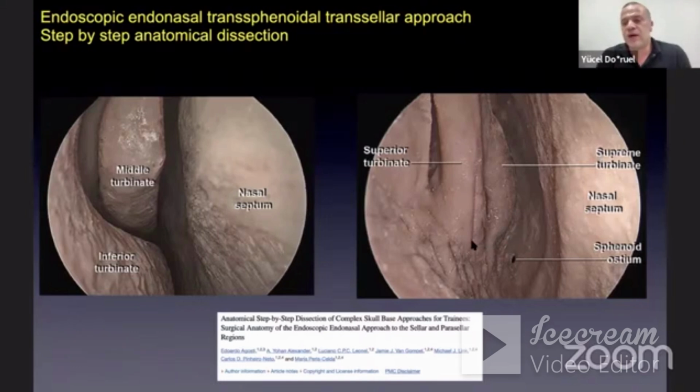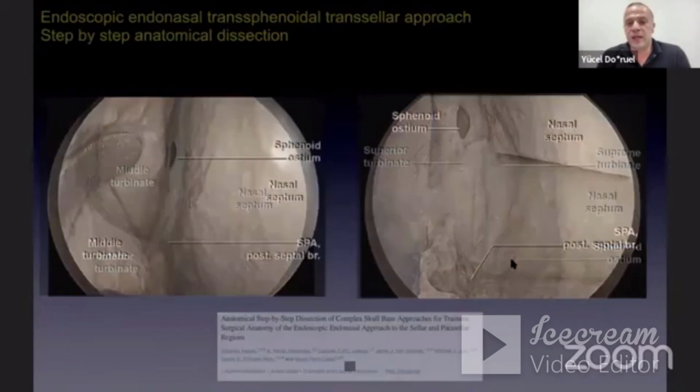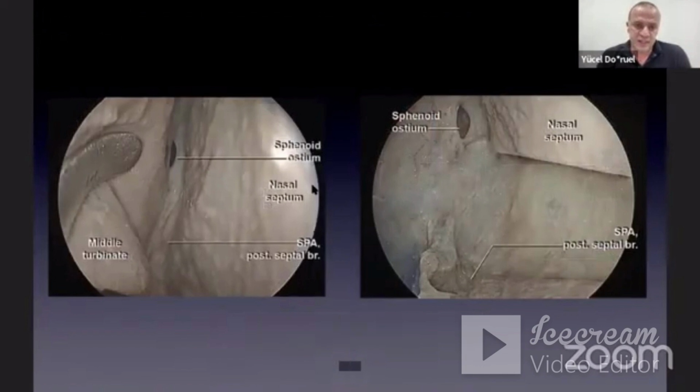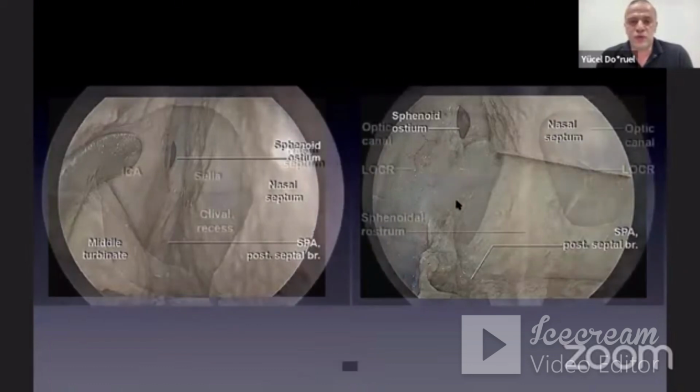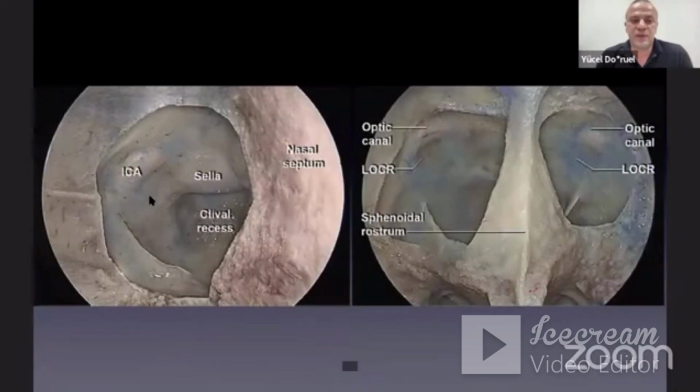We find the sphenoid by guiding this superior turbinate to find the sphenoid ostium. I'm passing this speedily because Dr. Khan is very good at explaining this portion. When we find the sphenoid ostium, we get here from the mucosa to reach the sphenoid sinus. Here, a mononostril approach, and now with a binostril bilateral approach, we can see anteriorly there is the sphenoid rostrum, and we